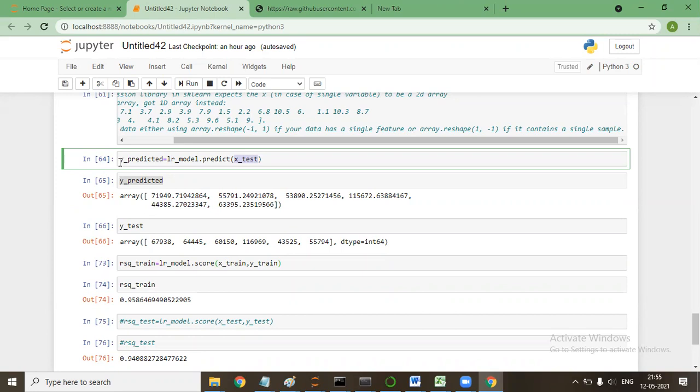Sir, do we use iloc or just raw values? No, the same way that we have used in the form of X test. If it is in a shape of dot reshape -1, then you need to first reshape into that format, whatever your values are.